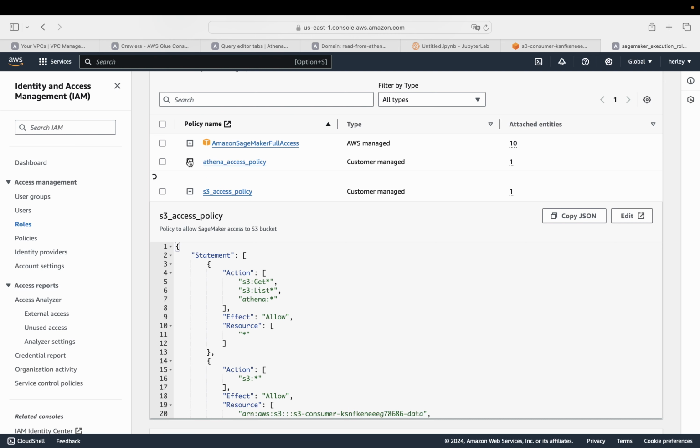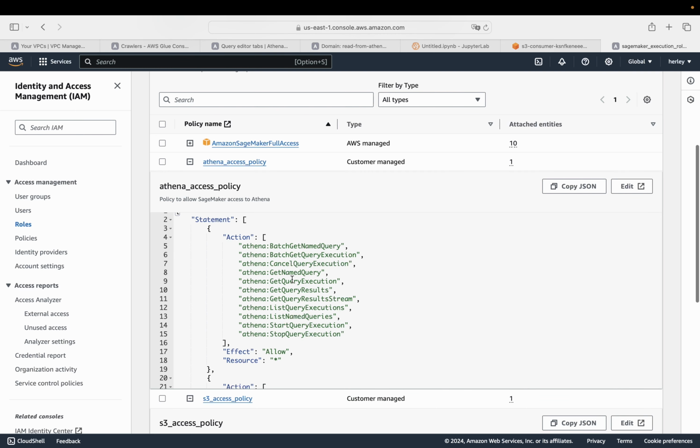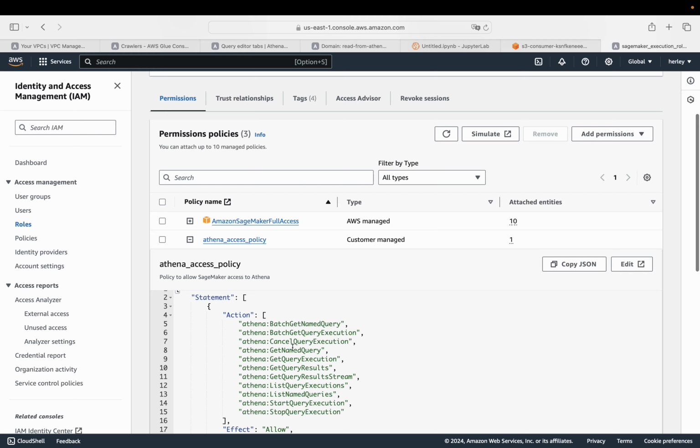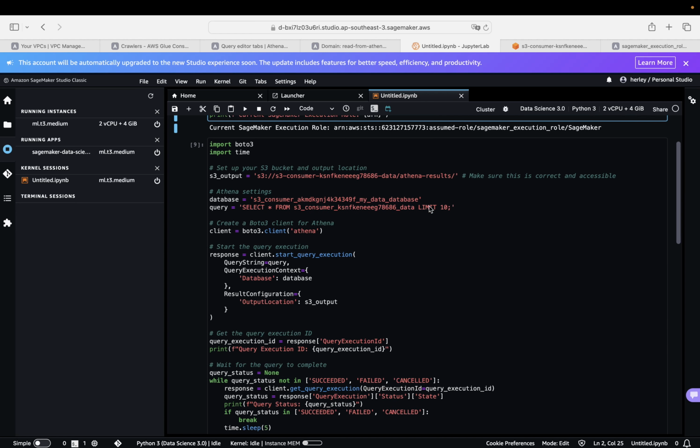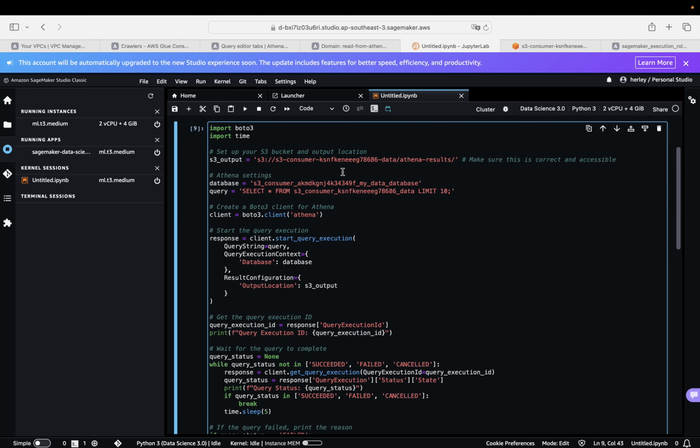Then I can also see this Athena policy that was also written inside the previous Terraform. So this is important. After I make sure that this SageMaker has a proper execution role, let's try whether this SageMaker is able to read the data from the previously created Athena table or not.